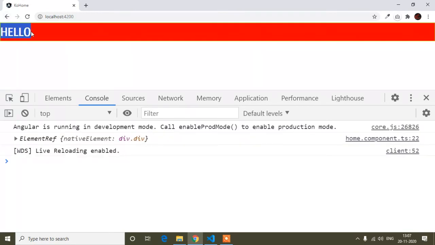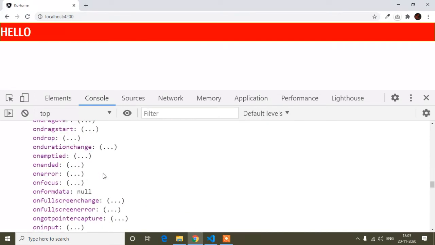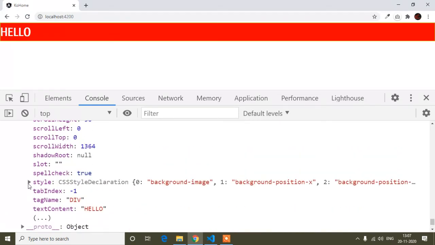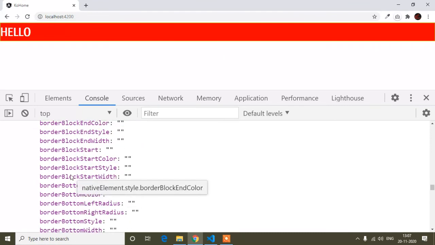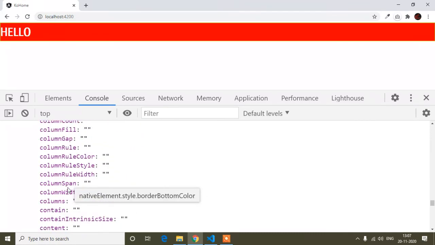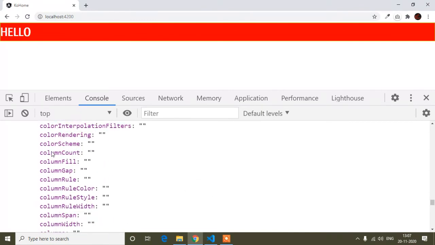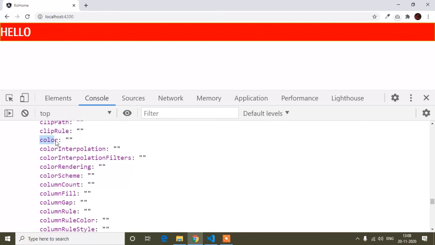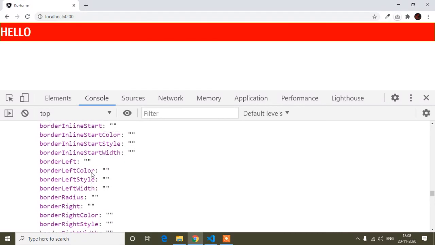Okay, so you can see it's added white color, and this color I found from this style. So I will scroll down, and in the style, here you can see the color property. So I will scroll, so here you can see it's the color property. So in this way you can find the property and you can use it.